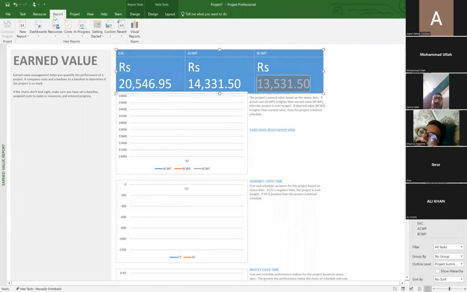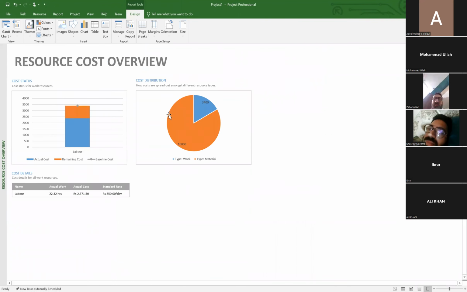अच्छा, फिर आप वापस जाएं रिपोर्ट सेक्शन में, कॉस्ट में जाएं, रिसोर्स कॉस्ट ओवरव्यू पे आप देखना चाहें तो ये आपके लिए एक और एरिया है. आप देख सकते हैं कि जो मटेरियल है उस पे आपका 16,800 टोटल खर्चा है और जो लेबर थी, जो ह्यूमन रिसोर्स था आपका, उस पे 3,400 रुपए आपका खर्चा आ रहा है. और ये जो ऑरेंज कलर में आप देख रहे हैं ये आपका रिमेनिंग वर्क है